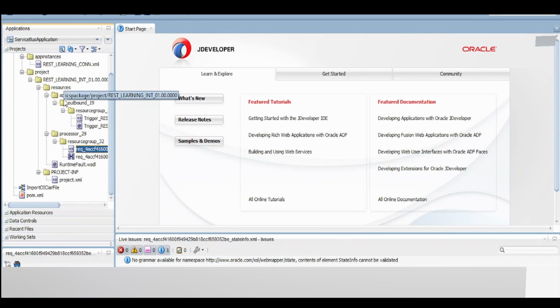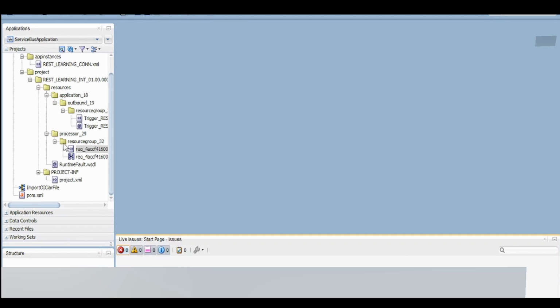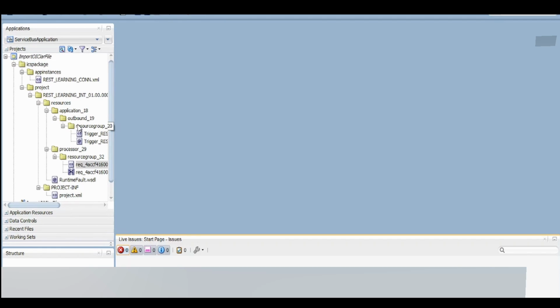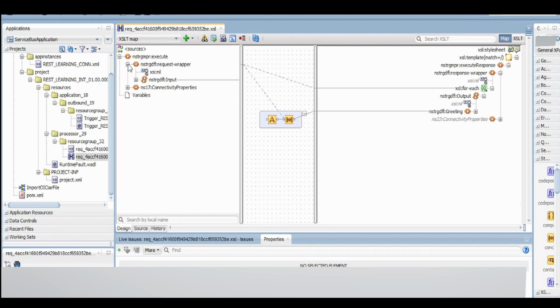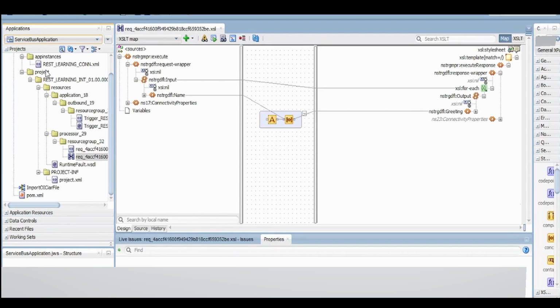Here we will be able to see all the files which are zipped in the .iar file that we have exported. The mapper that we had built in our previous video, we can edit over here as well in JDeveloper. Basically all the files we can view using this